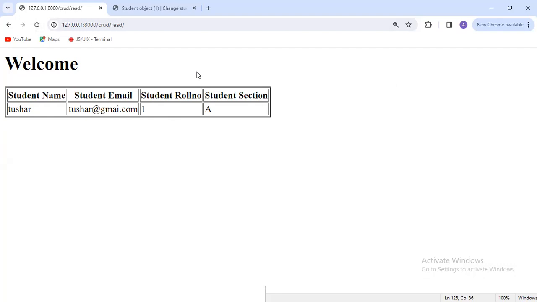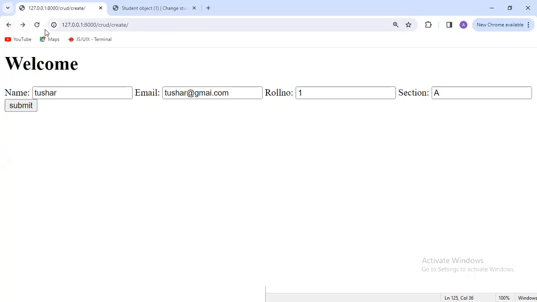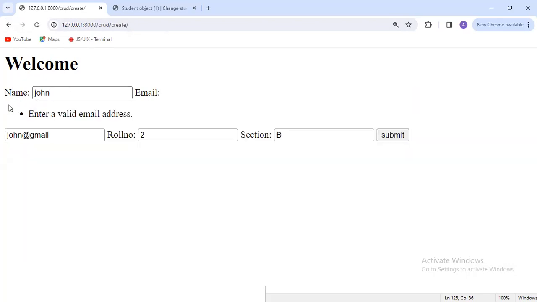If you want to insert one more record, again you can insert a new record. You can check here, you have a form. If you insert one more data, you can insert new data. Suppose I insert John, john@gmail.com. Roll number I give 2, section I give B. If you click on the submit button, you can check here,